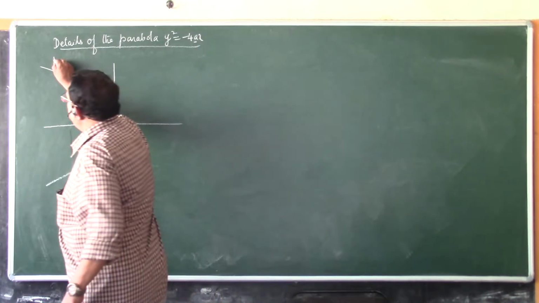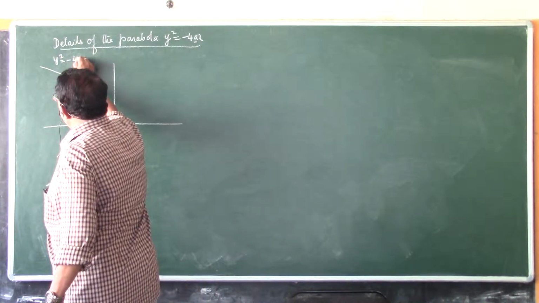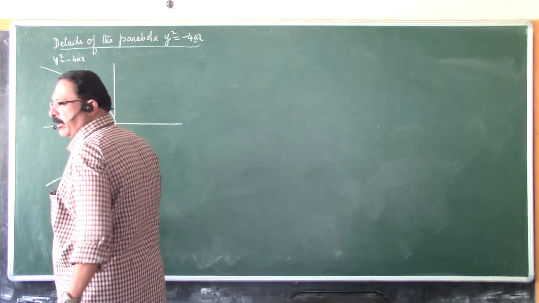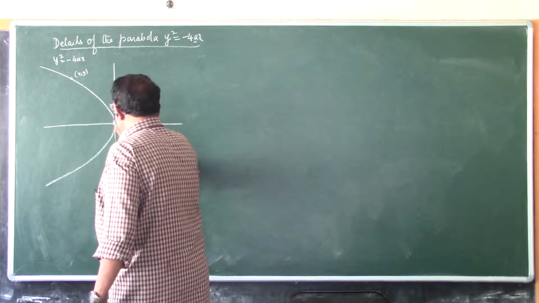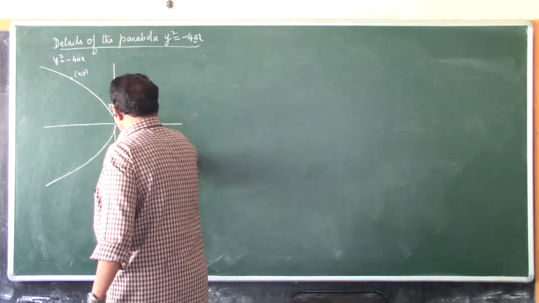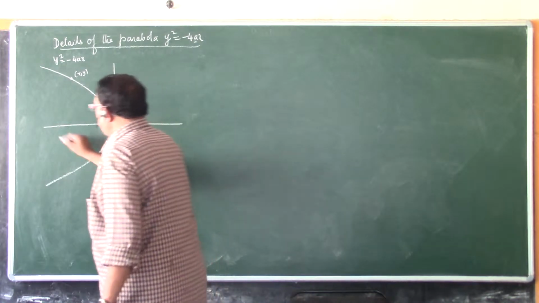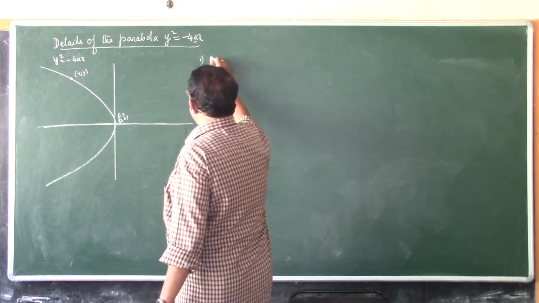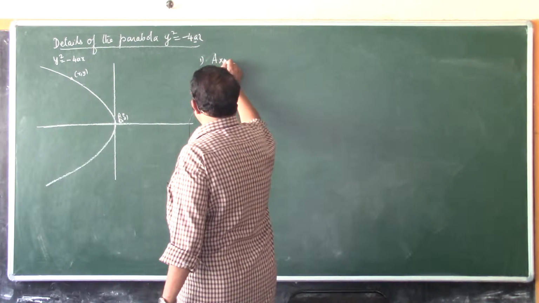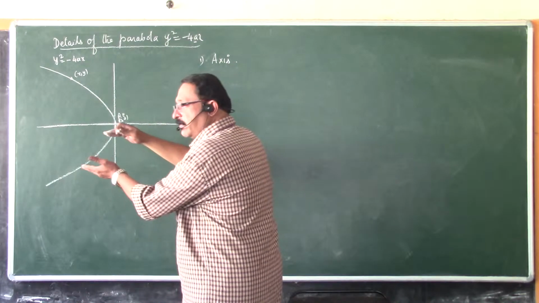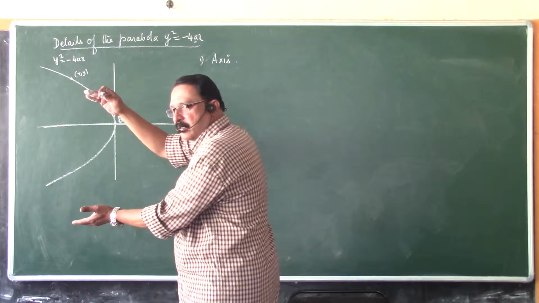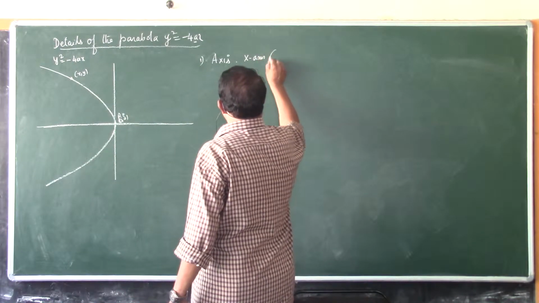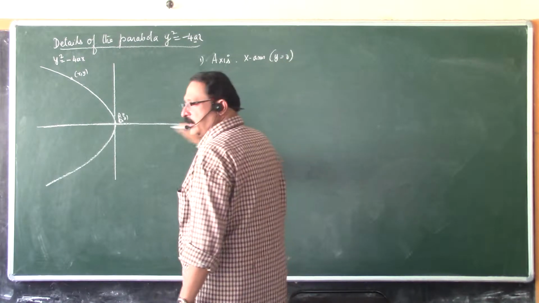So this is the equation of the parabola y square equals minus 4ax, and x comma y is some point on the parabola. You can choose it anywhere on the parabola, and the vertex is 0, 0. Axis is x-axis only. So if I now list the details, what is the axis? Which axis is dividing the parabola into two equal parts? X-axis or y-axis? X-axis. Axis is x-axis, in bracket y is equal to 0, which is the equation of the axis.